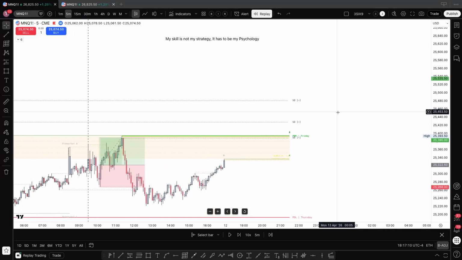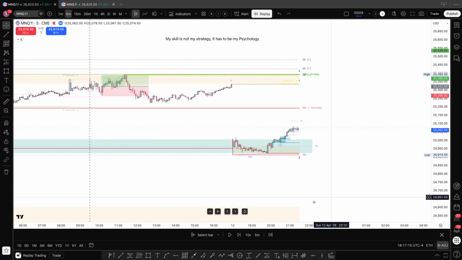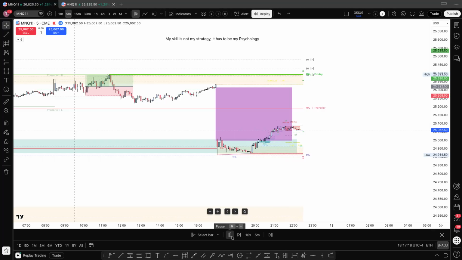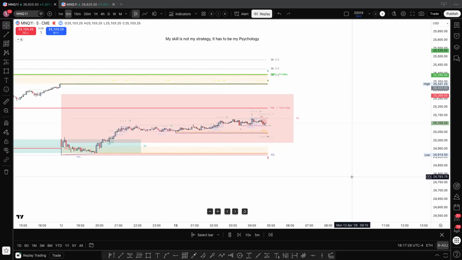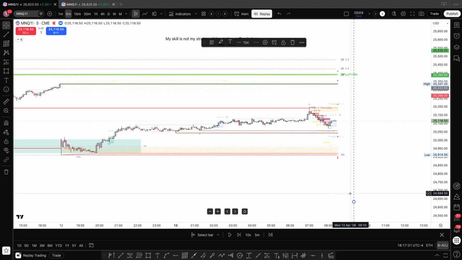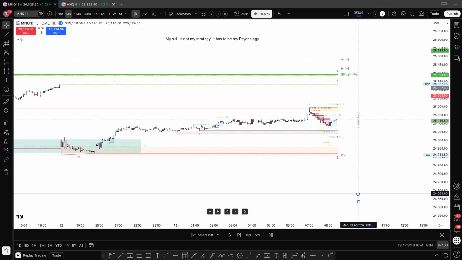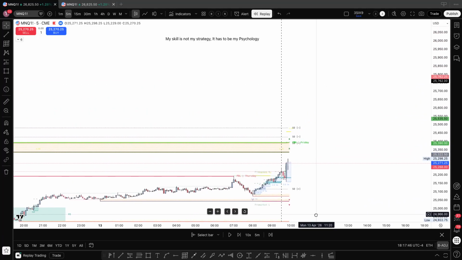What is happening here? Oh, it had a gap down. Okay. All right. Let's see what we do here. Price is opening at 9:30. All right. We have a bullish